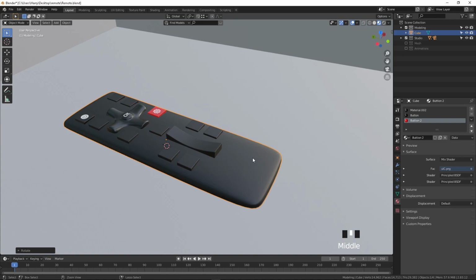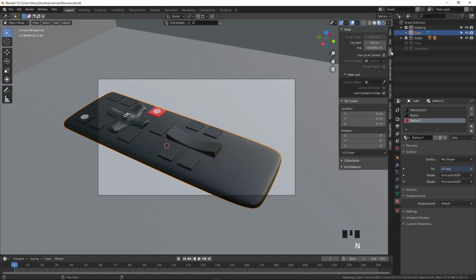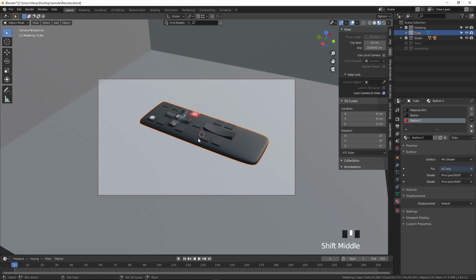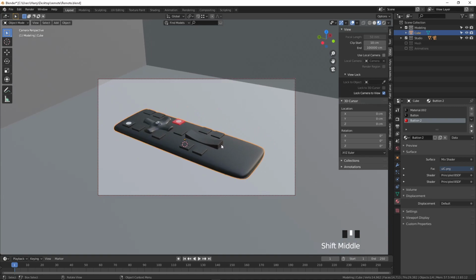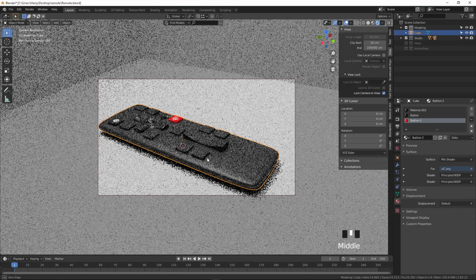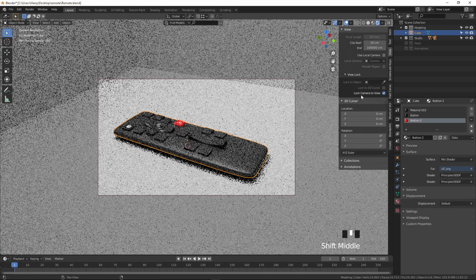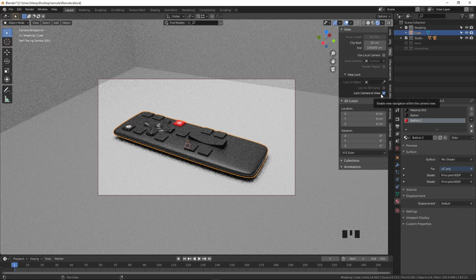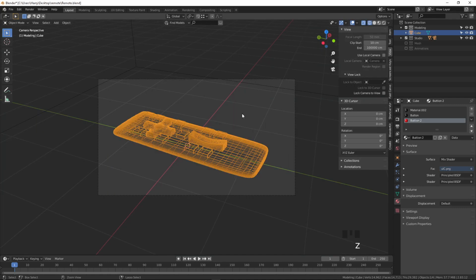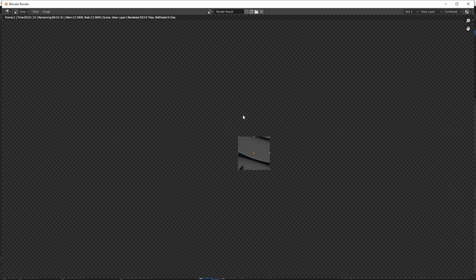and press Ctrl Alt 0 to mark the camera, press N and go to the view and lock the camera to view, and scroll it how it's required for our angle designing. Go to the rendering view, I make it like this. Yeah, this looks fine. We can go for the final rendering of the object. Okay, I unselect this one, go to the wireframe view, press Ctrl S, press F12 to start rendering the object.